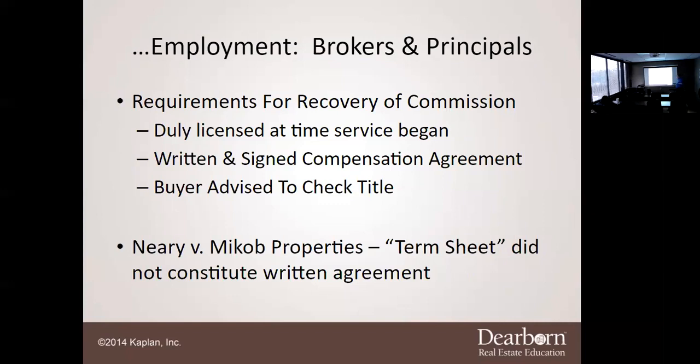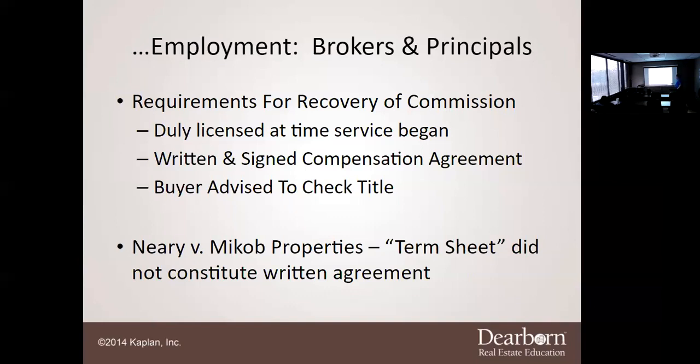But yes, you do. Your broker at the end of the year is going to issue you a 1099, and that's on any monies. That's on if you do broker price opinions, not CMAs, broker price opinions. You end up doing what else is it? Leases. You do property management. You do any type of real estate collection. That money is taxable.